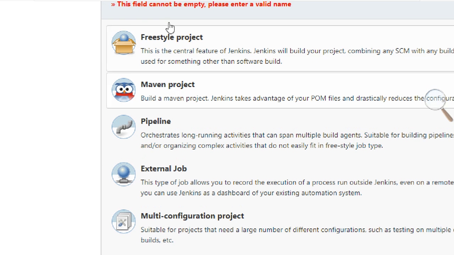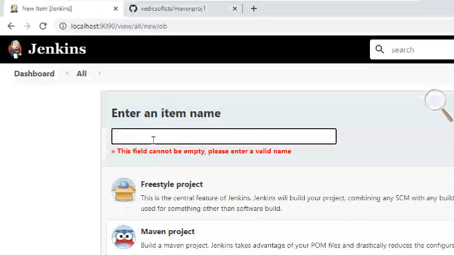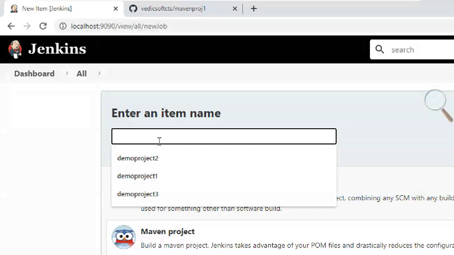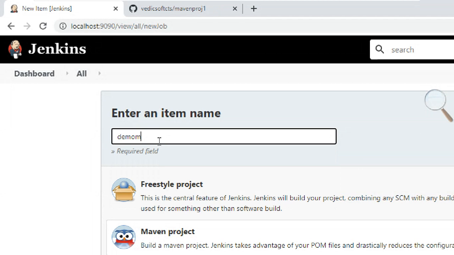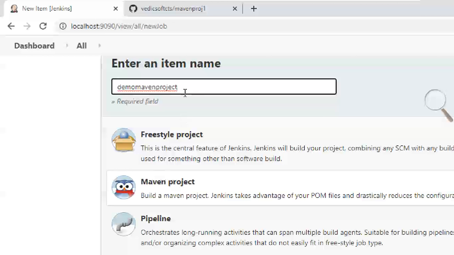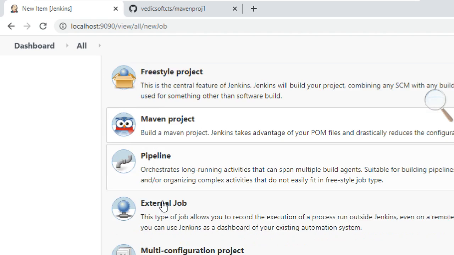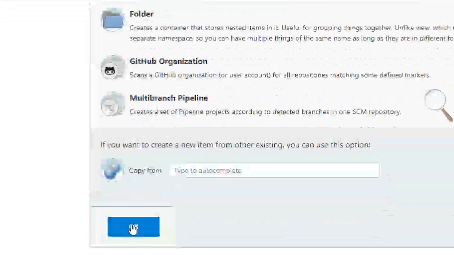So I'm clicking on Maven project. Here, demo Maven project. Okay, so one project or two projects. If I do it a second time, then I will put a two or put a one. Demo Maven project.